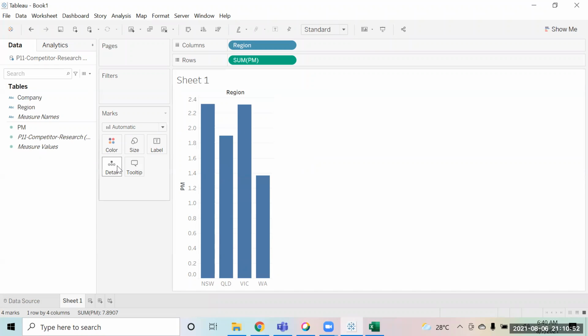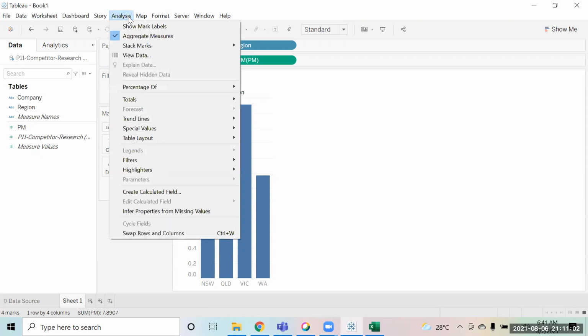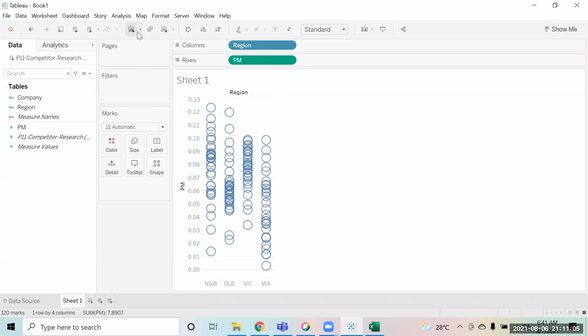Okay. See now, when you drag the profit margin over here, by default, what happens is Tableau is going to give you the sum of it, right? It aggregates it. But we don't want to find the aggregate, right? We will click on analysis and I will uncheck the aggregate measures. I am saying I don't want to see the sum. I want to see the individual percentages that you have, right? So I will get the individual percentages.